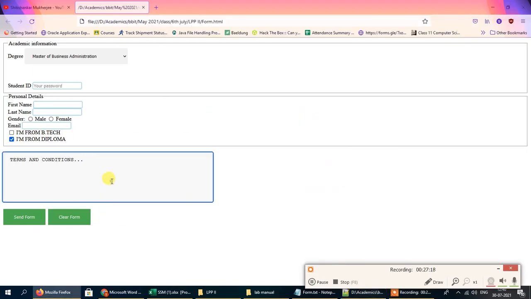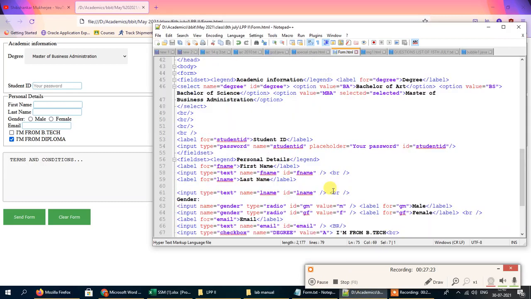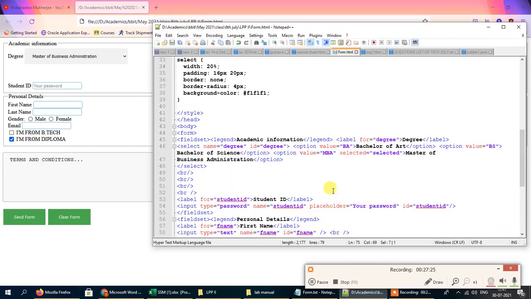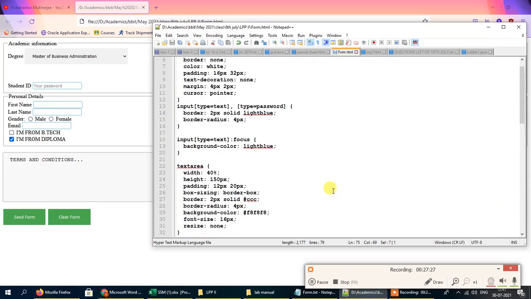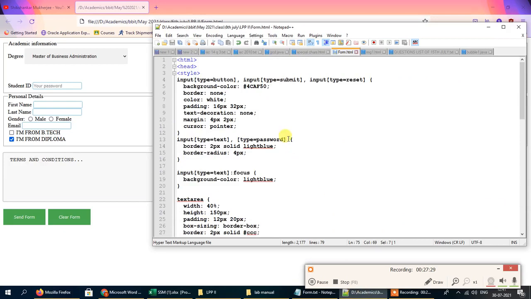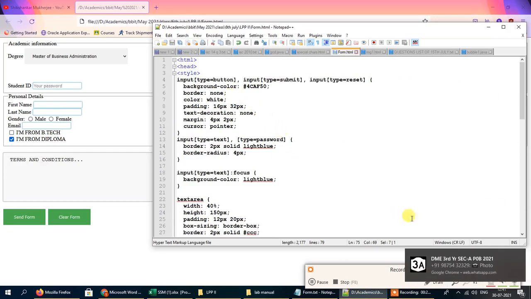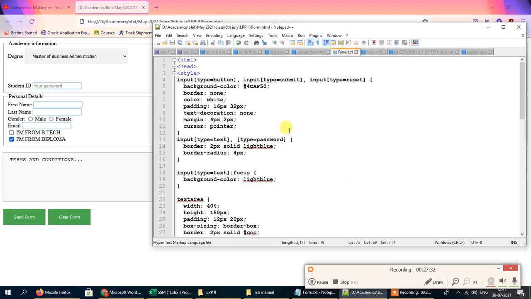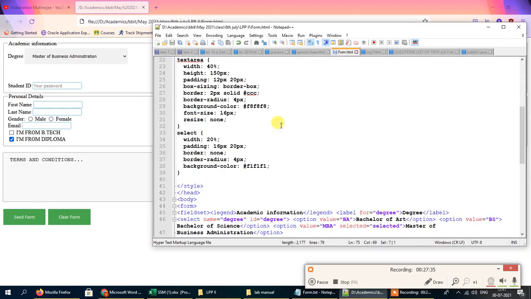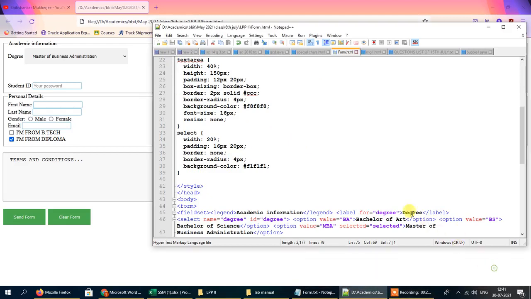So this is the process of creating a form using HTML. We've got some additional CSS code in this particular file, but I'm not going into that right now, otherwise it will be a very long video. We've already exceeded the 20 minutes time limit.